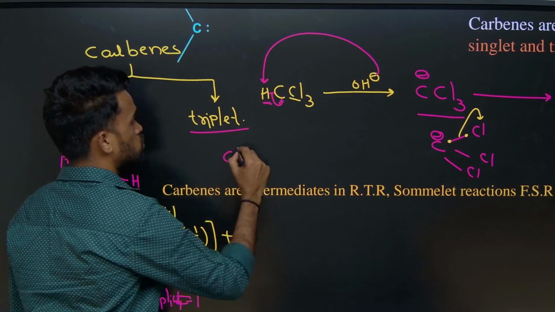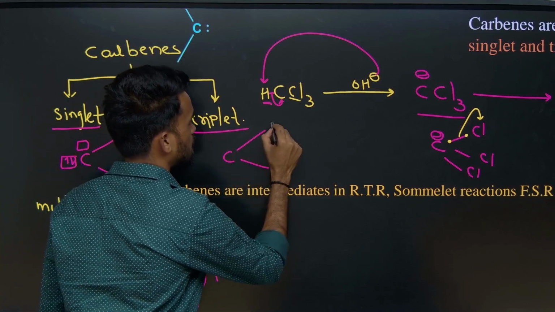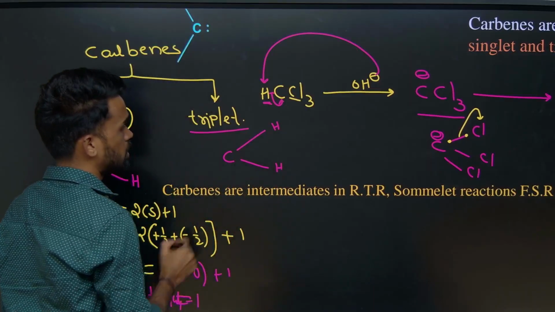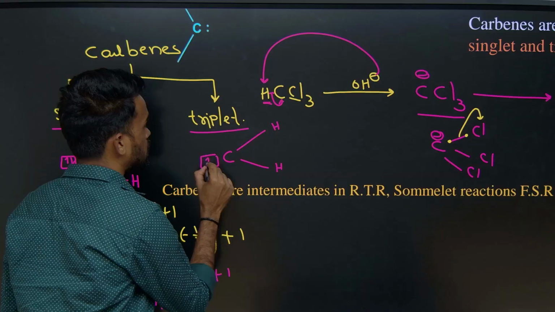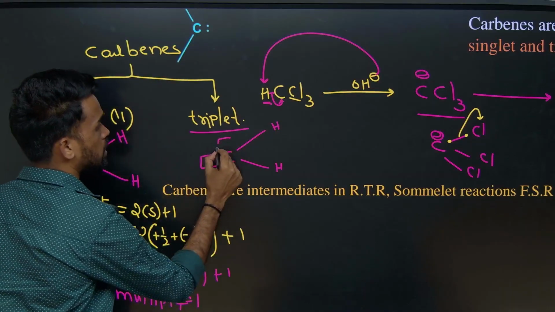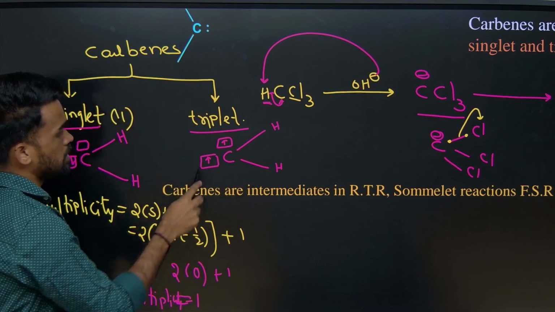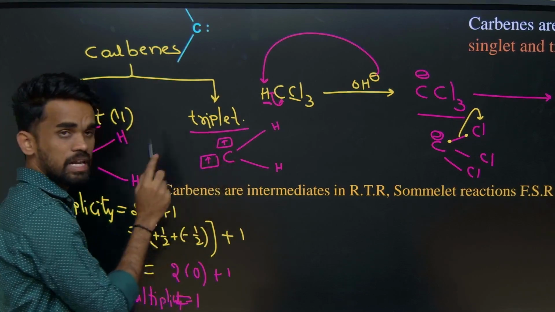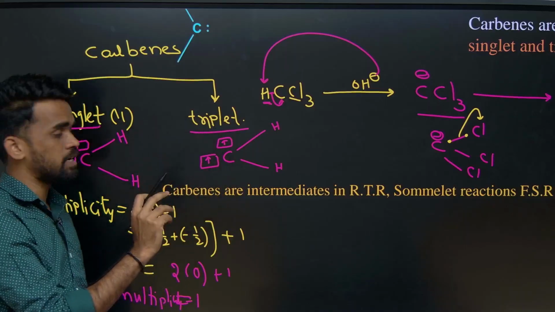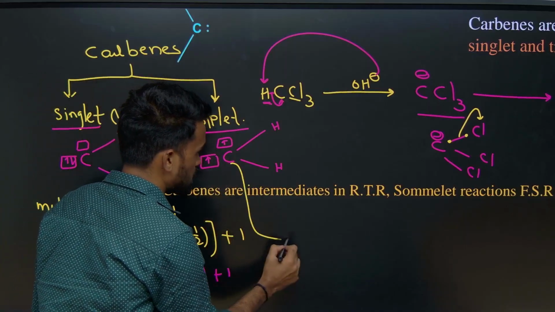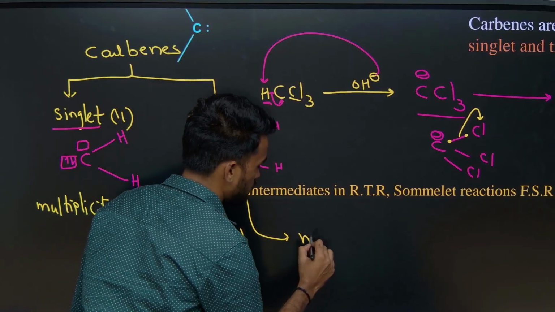see, carbon is there, and let us say here also two hydrogen atoms are considered. Here one orbital has one electron and another orbital also has one more electron. So now the two orbitals each have one electron, and each of them is unpaired, right? Now if we consider this carbon, what is the multiplicity we are getting?